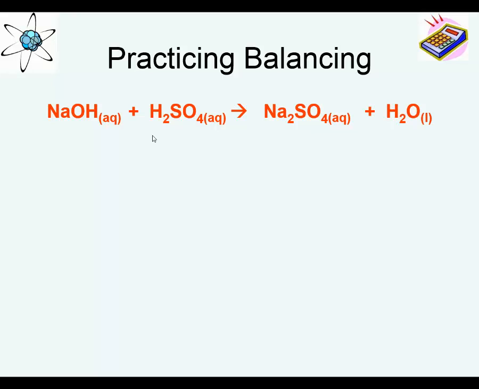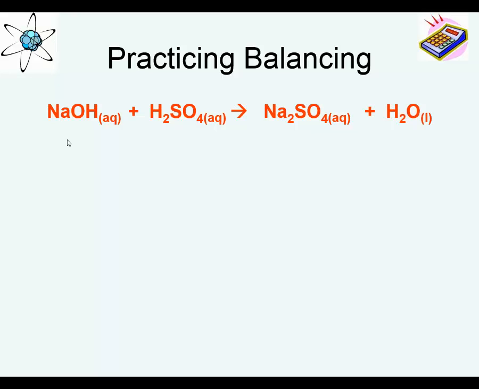Now let's consider this reaction. Here we have sodium hydroxide, a strong base, reacting with sulfuric acid, a strong acid. In fact, sulfuric acid is used in the lead acid in your car batteries for most of us. And so if I take the sulfuric acid and react it with the sodium hydroxide, I get what's called an